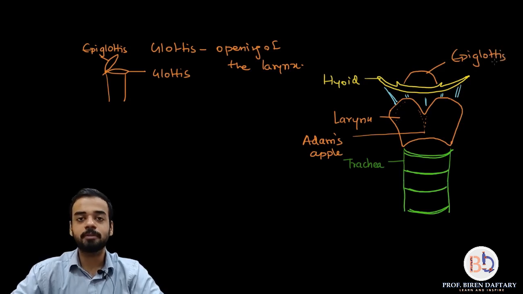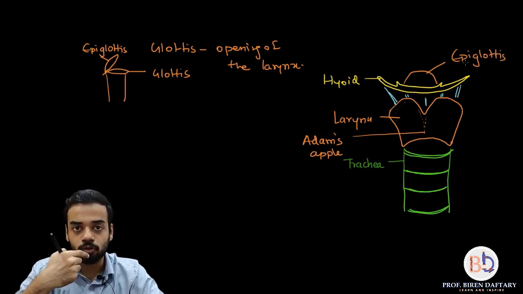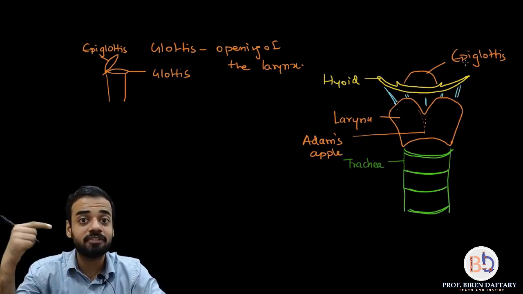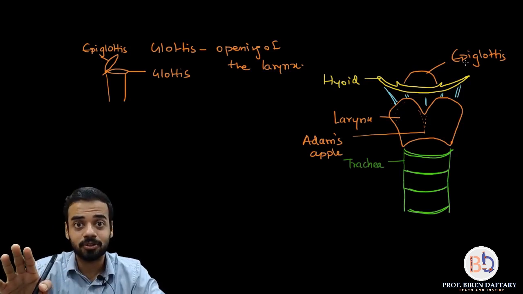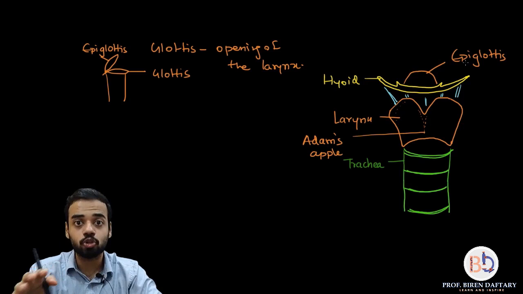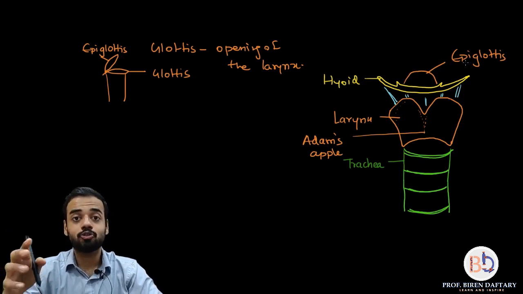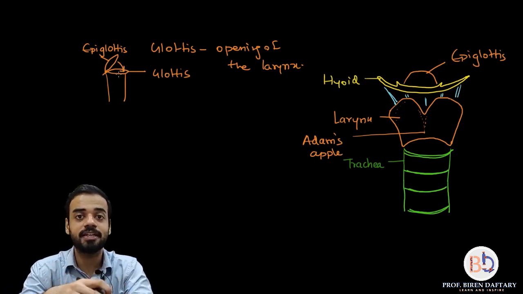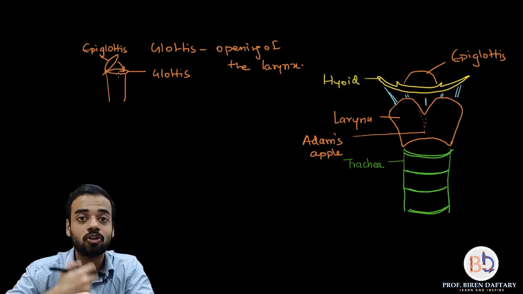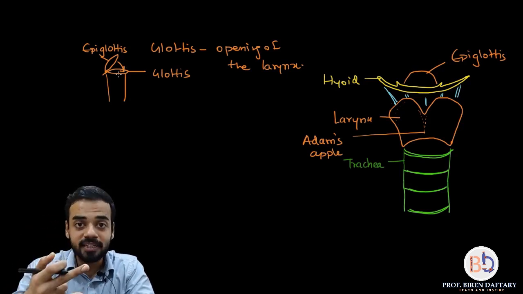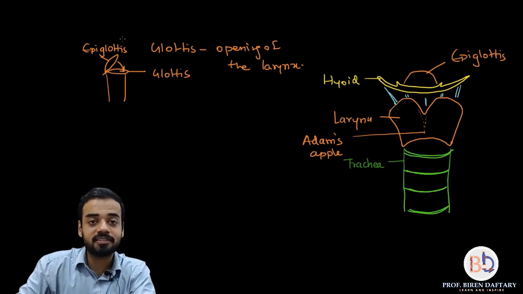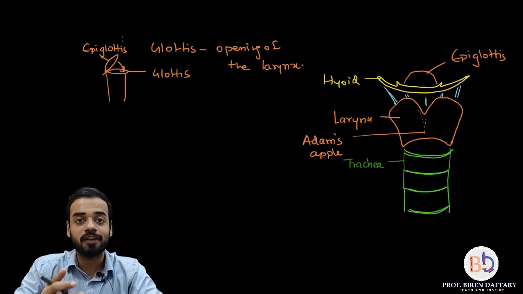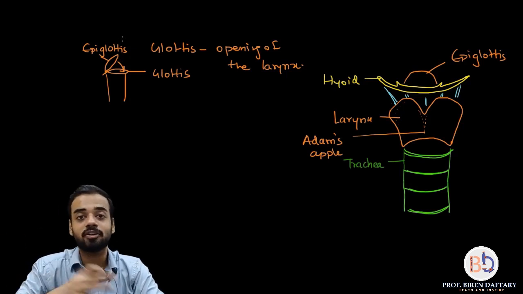So what is the function of this epiglottis? See, when you are swallowing food, the food will pass through the oropharynx, it will pass through the laryngopharynx, and then it will pass into the esophagus, not into the larynx. Okay, because if the food goes into the larynx, then you will choke. So you don't want that to happen. So this epiglottis shuts down, it closes. Just imagine the lid closes, so that accidentally the food will not go into your larynx. But when you are breathing, at that time, this lid will open up so that air can pass inside. So epiglottis is like a lid or a flap which prevents food from entering your larynx.